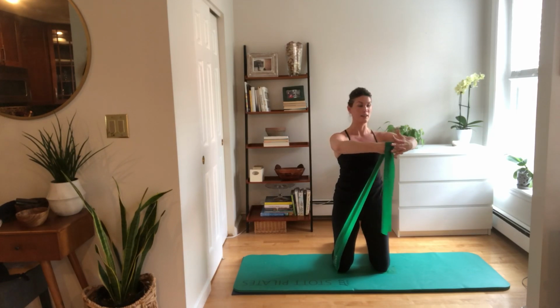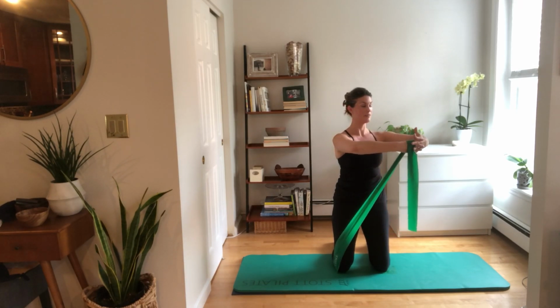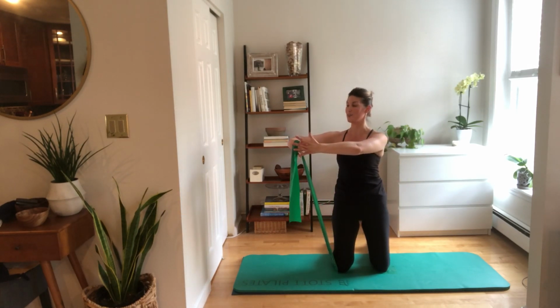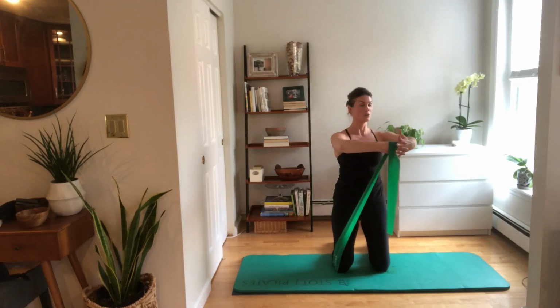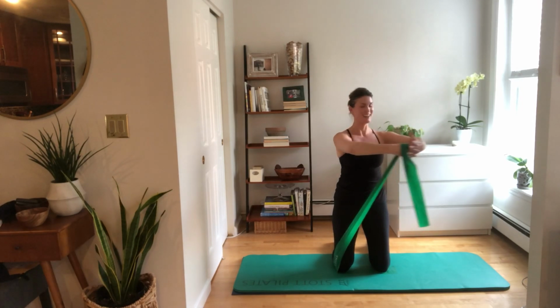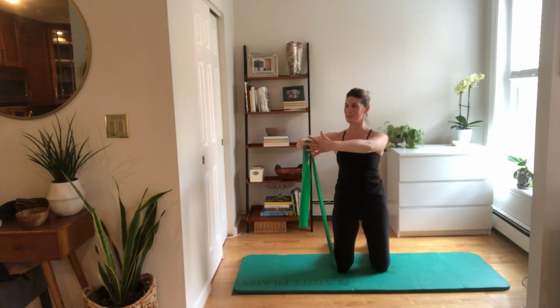On the exhale, we spiral to the right. Bottom right oblique, top left, like you're resisting pulling that band, and then control that derotation back to the left. Exhale, spiraling over, crown of the head lifting up towards the ceiling. Good, and then control the return back to the right. It's an exhale,